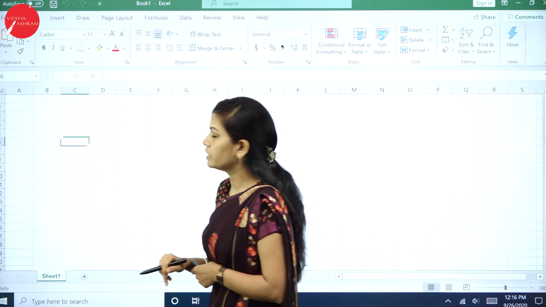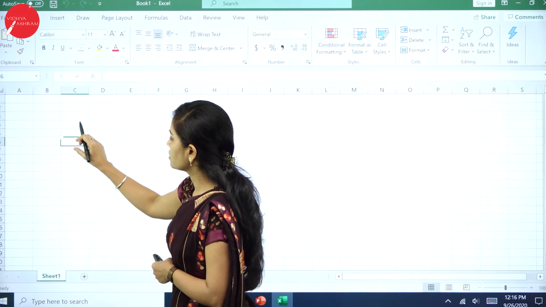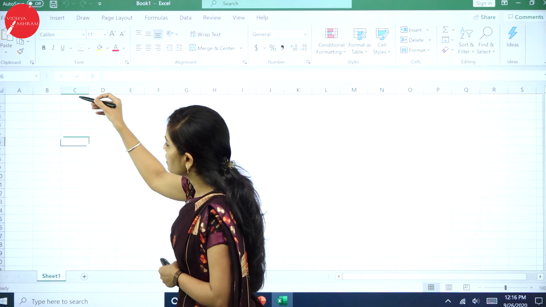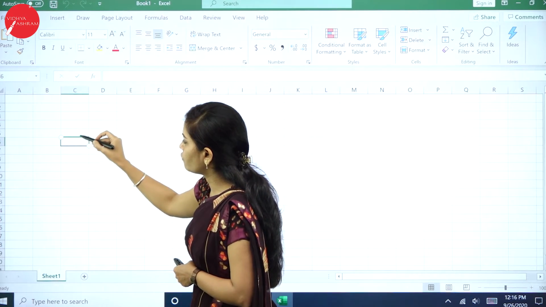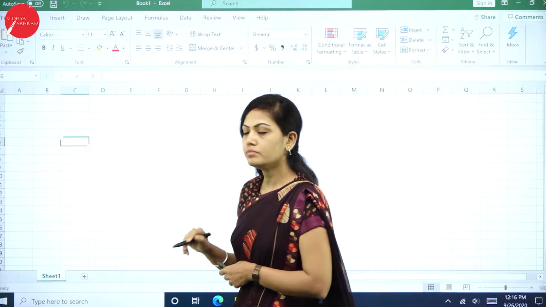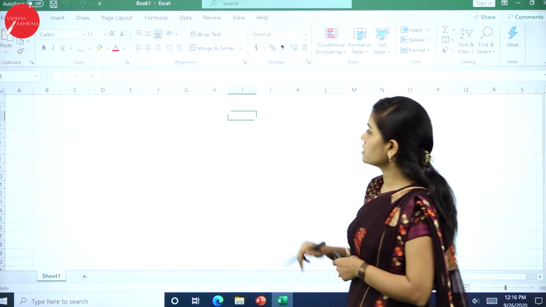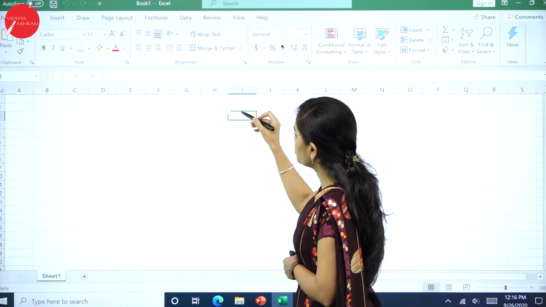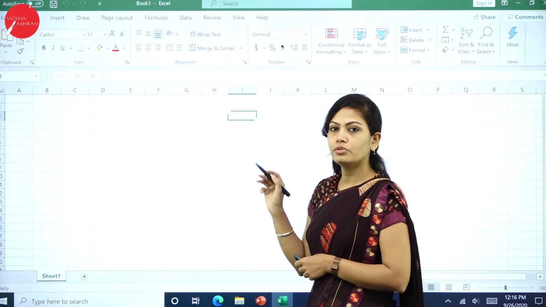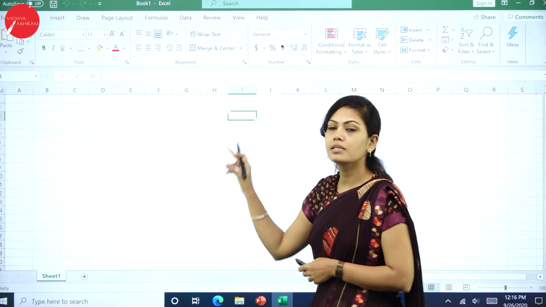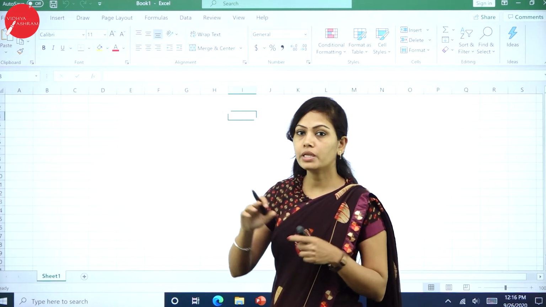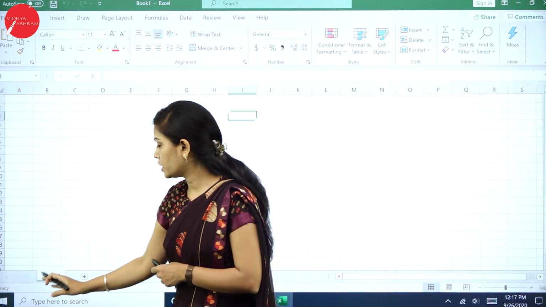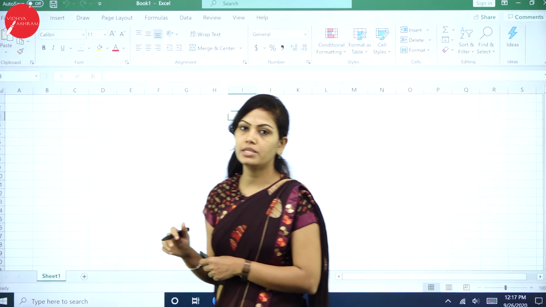So now I will click here. So the cell address comes to this position. What is the cell address of this portion? C1, C2, C3, C4, C5 and C6. Now I will click on this. What is the cell address? I1, I2 and I3. So this is called a cell and cell address. If you open a new blank document, directly it will show as Sheet 1 in the Excel page.